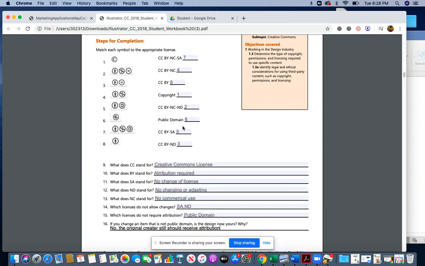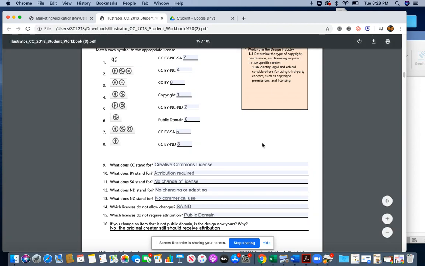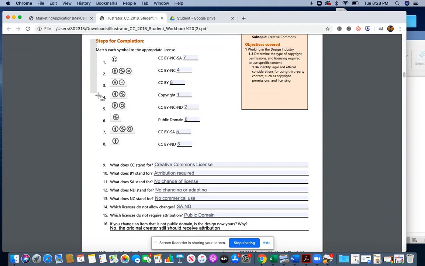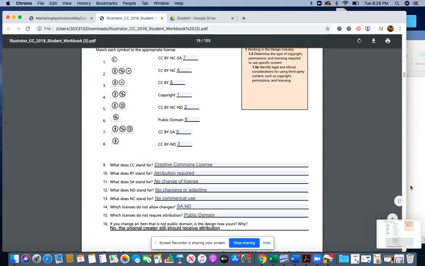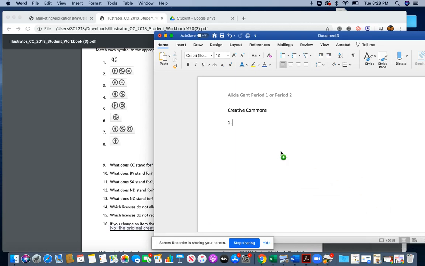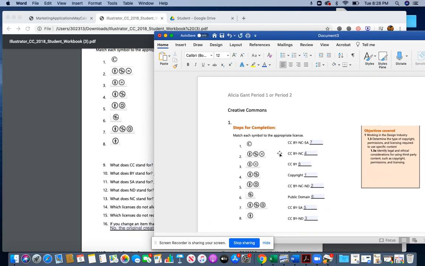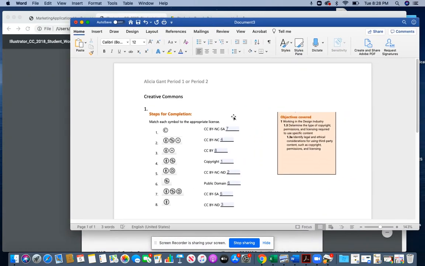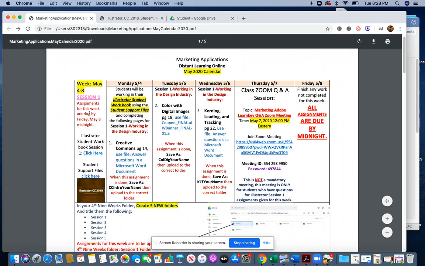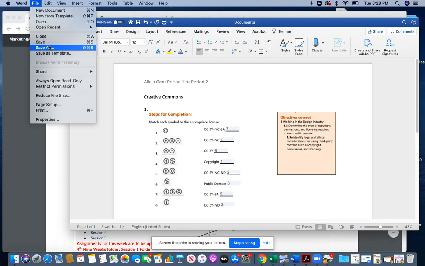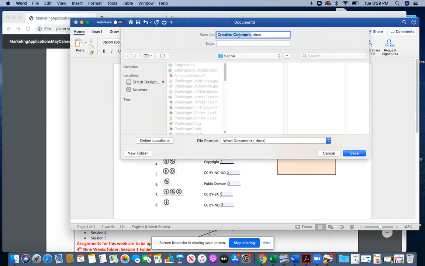All right, so you have two ways of doing this. If you decided to answer the questions in this format, then you can simply screenshot your answers like I'm doing here. I'm on a Mac. And then you can simply drop it into Word. Once you drop it into Word, you save it as CC intro and your name. File, save as, CC intro, and I'm going to put my name,